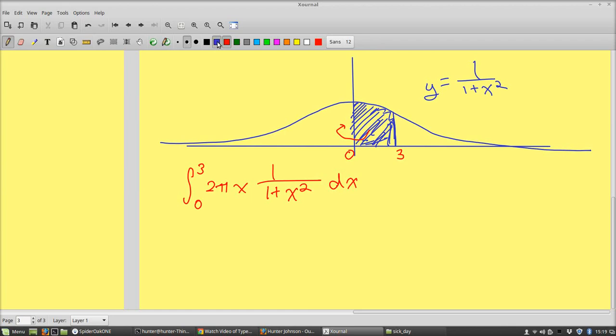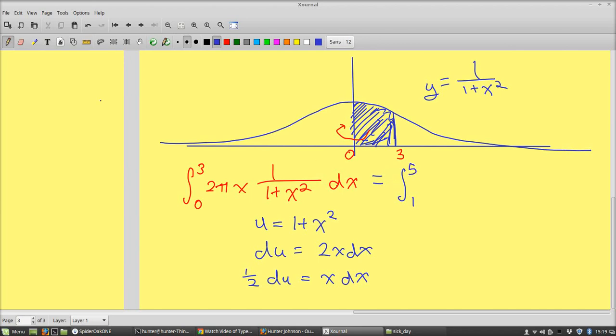And this is a nice little substitution problem where you do u equals 1 plus x squared, and then du is equal to 2x dx. 1/2 du is equal to x dx. And let's change the limits as we go along. Put in 0, and it becomes 1. Put in 3, and it becomes 5. Oh, that's annoying. I might prefer to go back to the original limits because there was a 0 there. I really like zeros. So let's just put off changing the limits, and we get